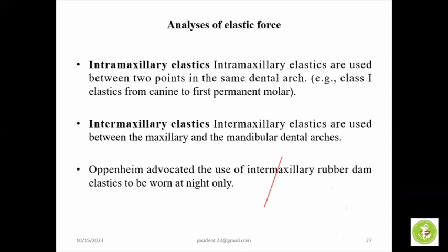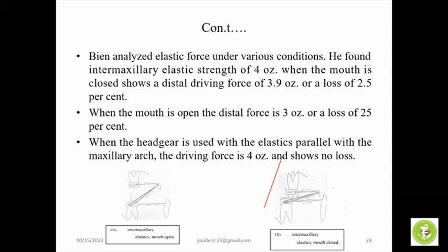So these are mainly class 1 elastics. Then there are the intermaxillary elastics of class 2 or class 3. Intermaxillary elastics are used between the maxillary and mandibular dental arches, and often you can use these intermaxillary rubber dam elastics to be worn at night, for the reasons I mentioned earlier. A guy called Ben analyzed elastic force under various conditions, and he found intermaxillary strengths of 4 ounces when the mouth is closed show a distal driving force of 3.59 ounces and a loss of 2.5%, which means if you apply an elastic extending from the maxilla to the mandible or mandible to the maxilla, which is a class elastic, to deliver 4 ounces,